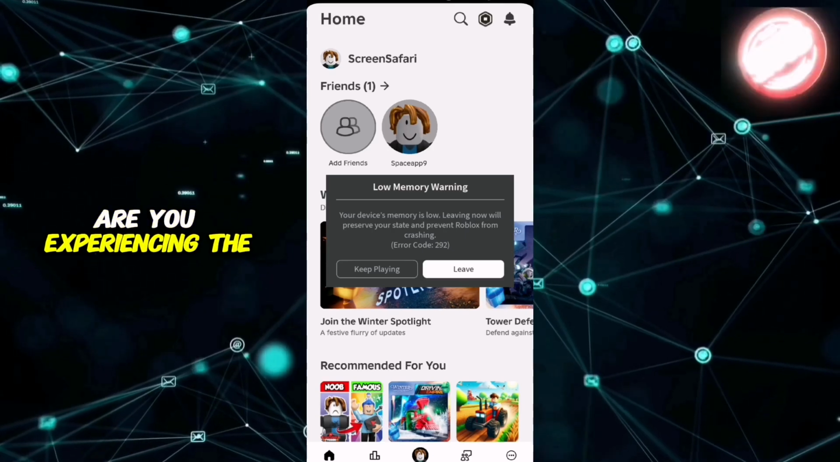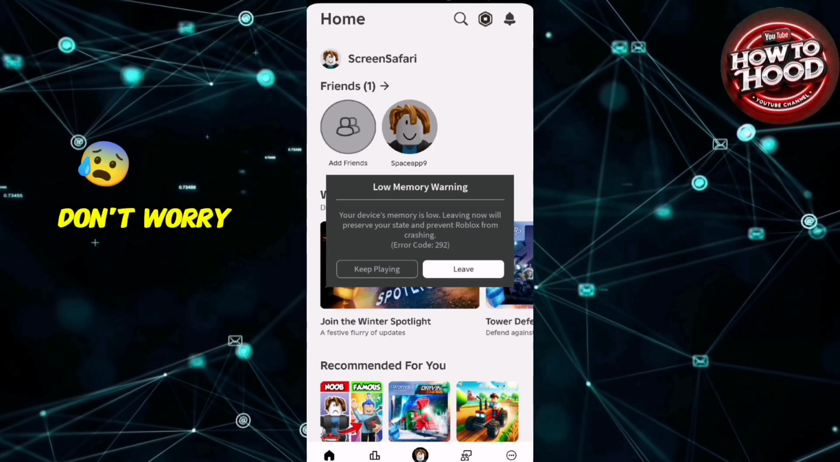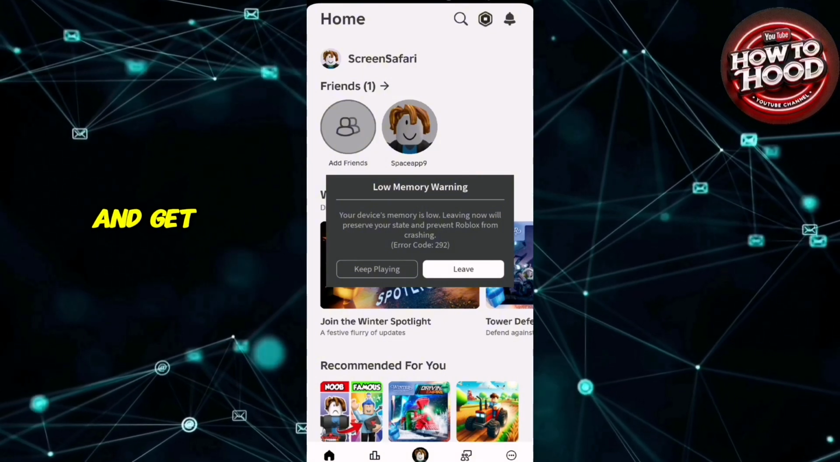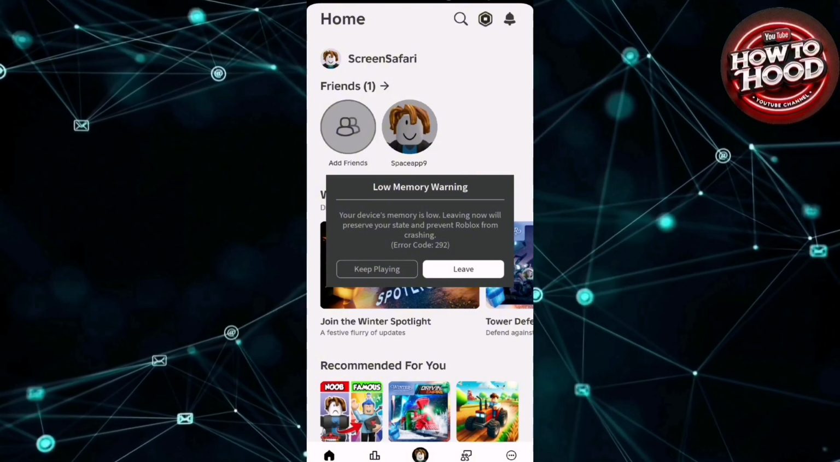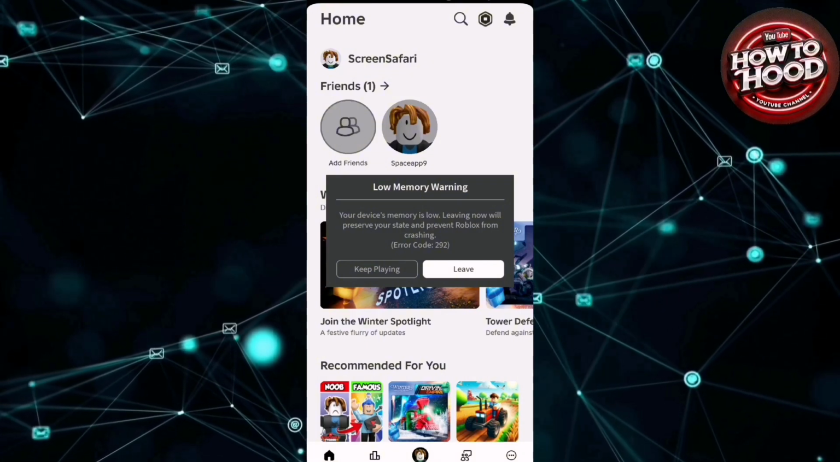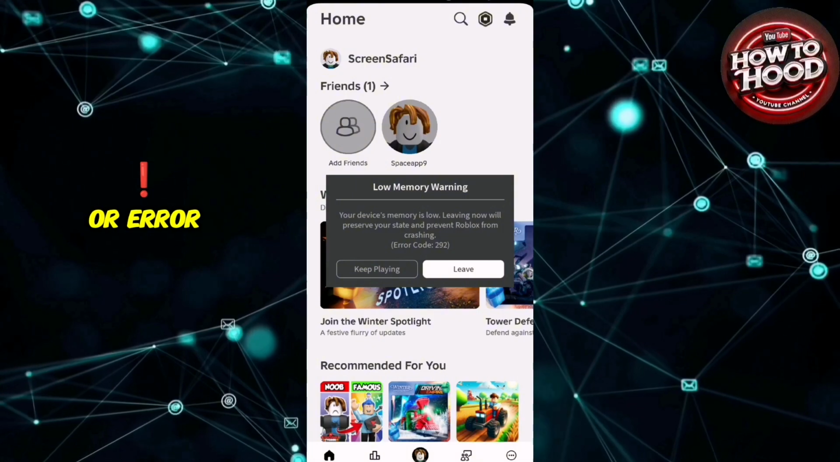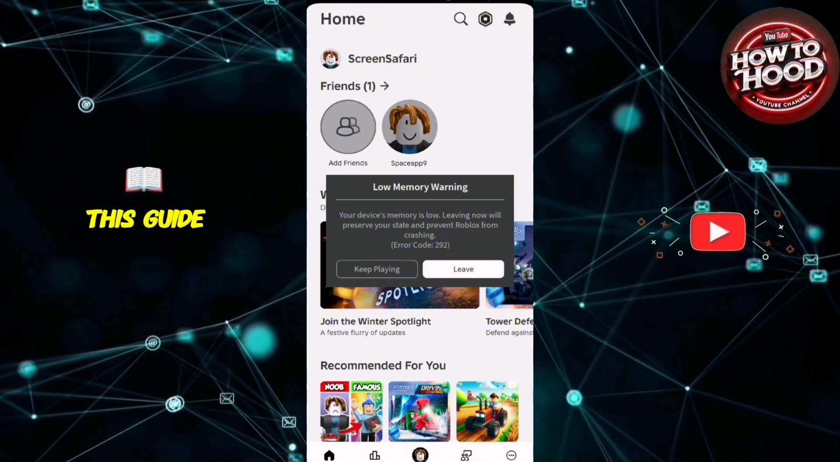Are you experiencing the low memory warning on Roblox? Don't worry, we're here to help you fix it quickly and get back to gaming without interruptions. If you're seeing messages like, "your device memory is low," or error code 292, this guide will show you exactly